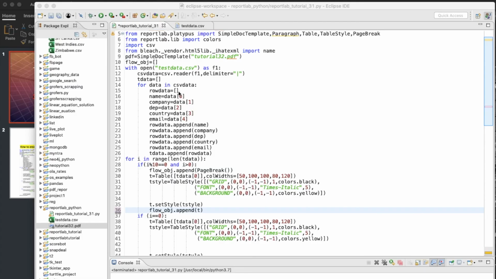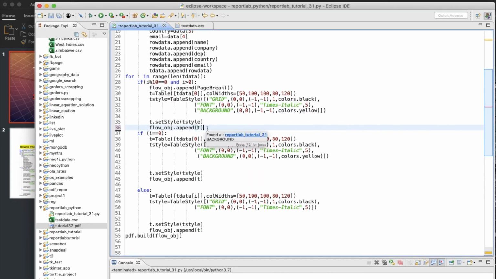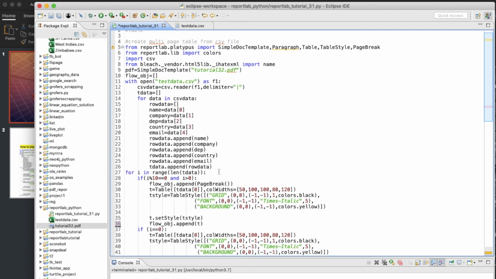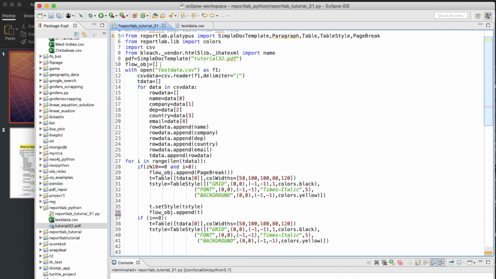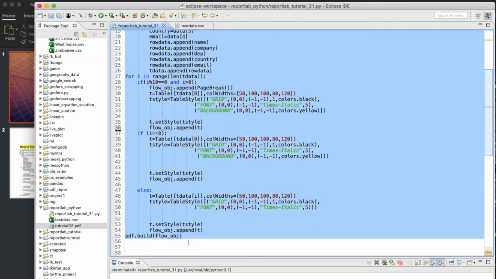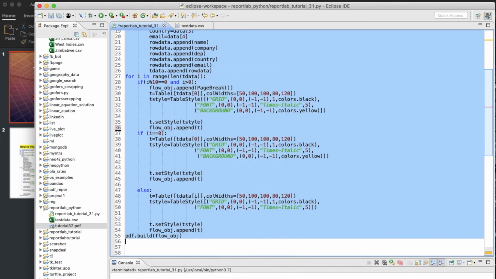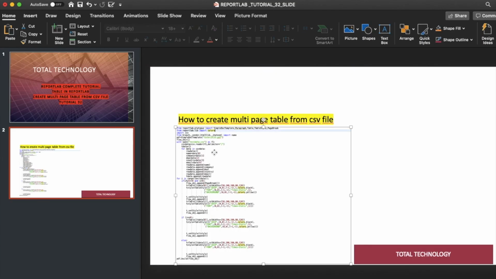So what was happening, we are actually appending the next column as well, so these two loops were running together. So what I'll do now, I'll just take a copy paste of this thing. Now this should, okay, and here